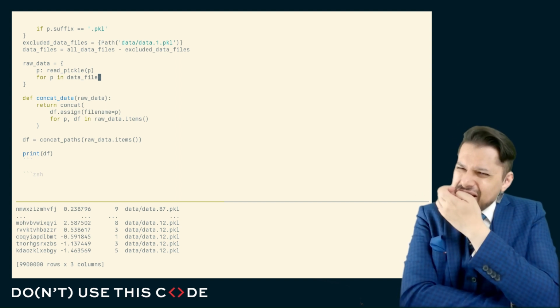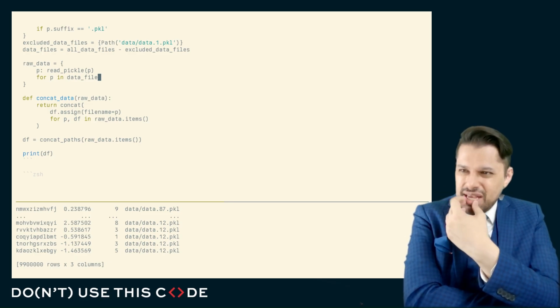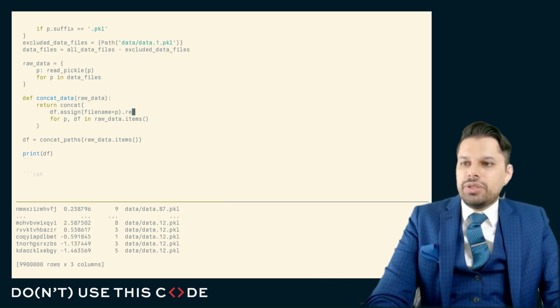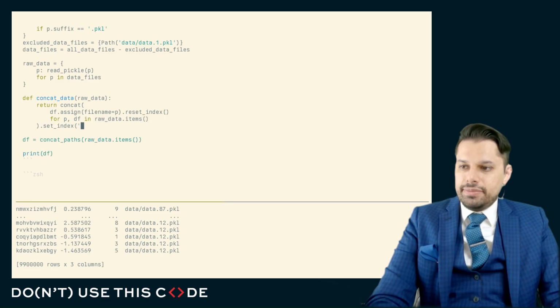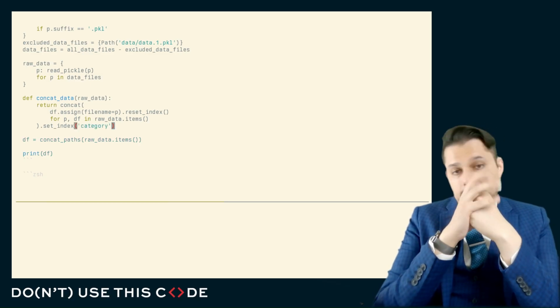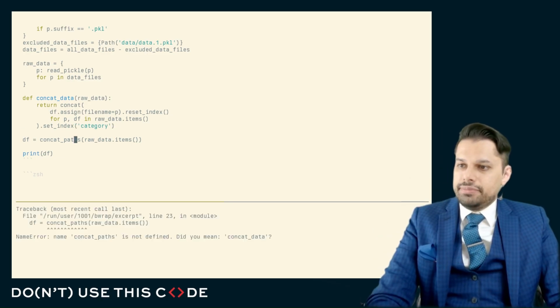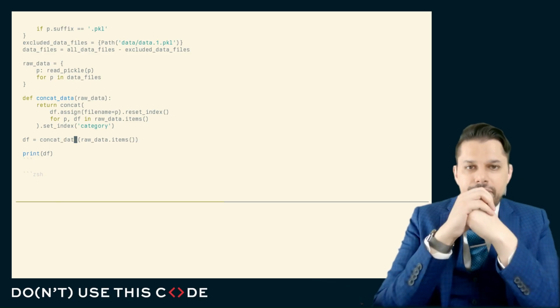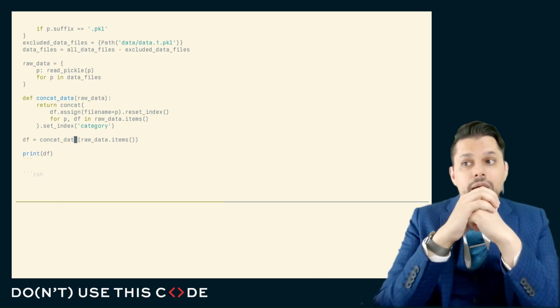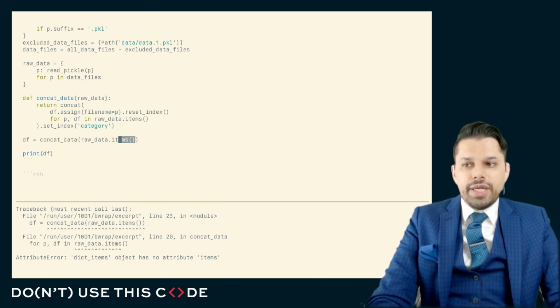In this case, is there anything I could structurally do? Well, I'm avoiding whatever the index-aligned concatenation is, and that might actually be something that at one point I want to avoid. For example, I could later on discover that it may be a reset index and then a set index that might speed this up overall. And it would be very nice for me to be able to spot that in, and let's do concat data. Be very nice for me to spot this in one place and then to be able to apply that performance improvement across all the places in my code where I have done this.